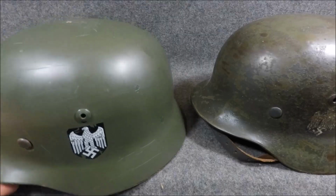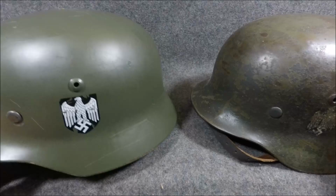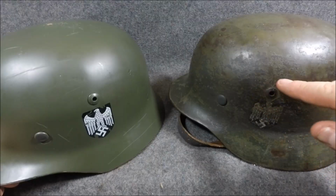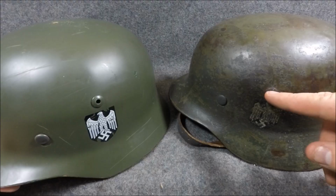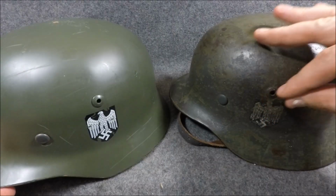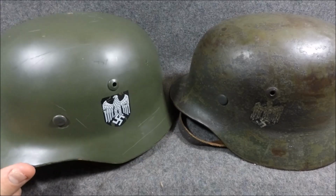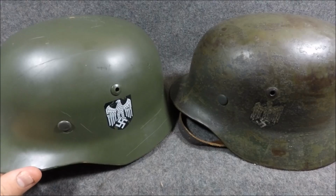So I mentioned the vent holes, the rivets. On an M35, it's obviously a separate piece, as you may or may not know. The Model 40 and the 42 versions are just a stamped vent in the shell itself, and they're not like a separate rivet right here like this. This is an actual piece that is later put into the helmet after the shell is punched out and the holes are drilled. Obviously they got rid of these in the Model 40 version to reduce production time, and it serves the same purpose. However, for an M35,